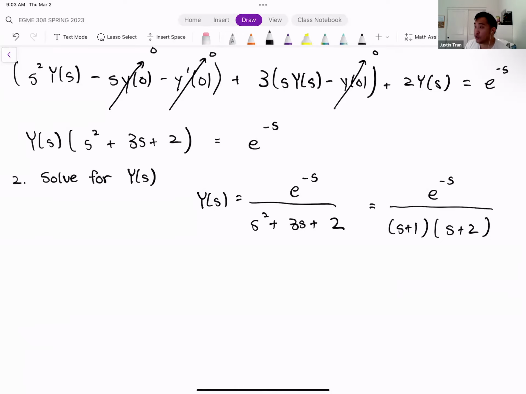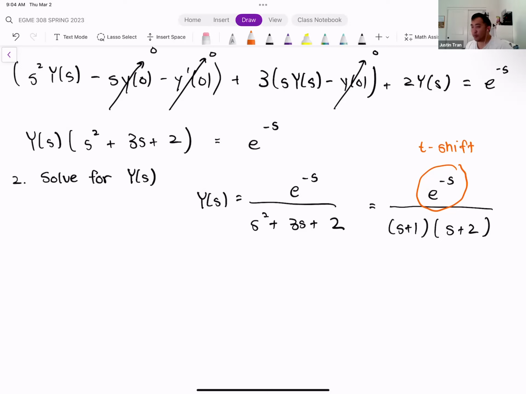And now all we have to do is just invert this. All right, but we're in luck. The fact that our impulse function here is only an exponential means that our inversion is going to be a little bit easier. Because if you remember from Tuesday, if you ever see an exponential term in the Laplace transform, all this is going to do is cause a shift in the time domain. And so this here is our t shifting term.